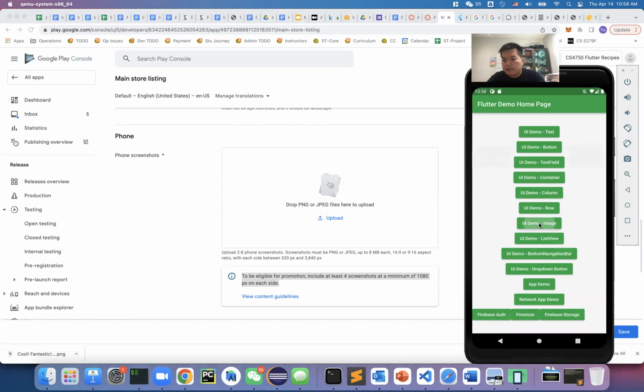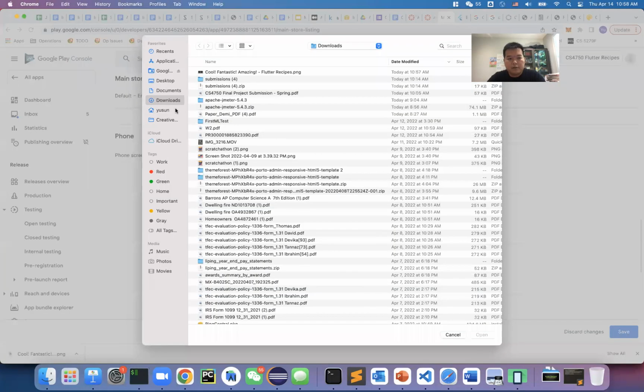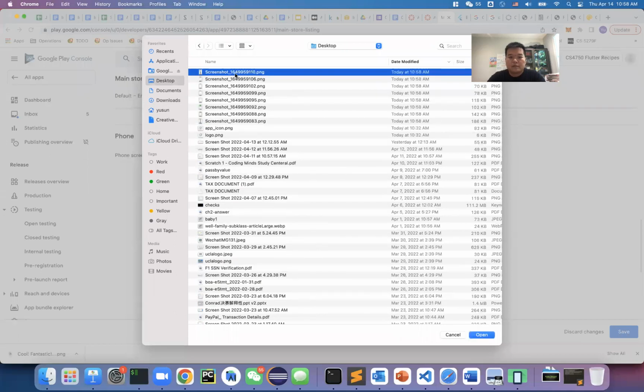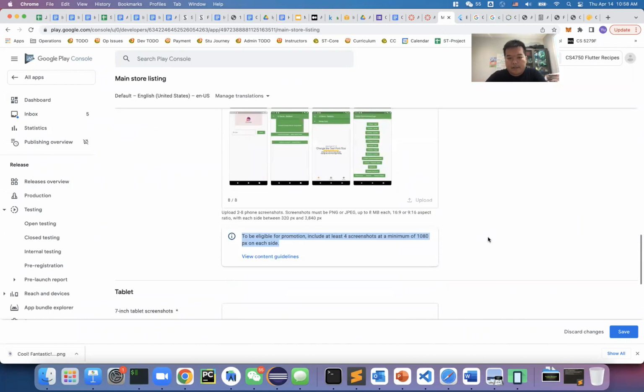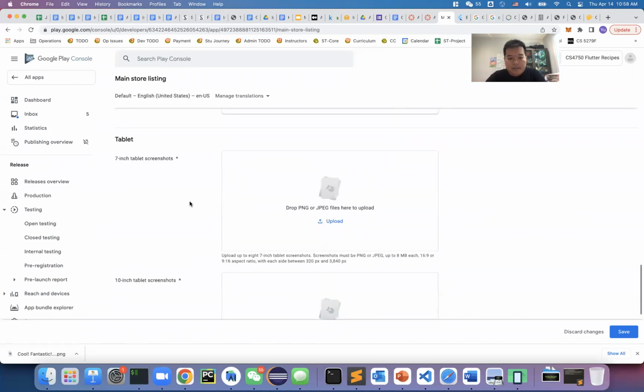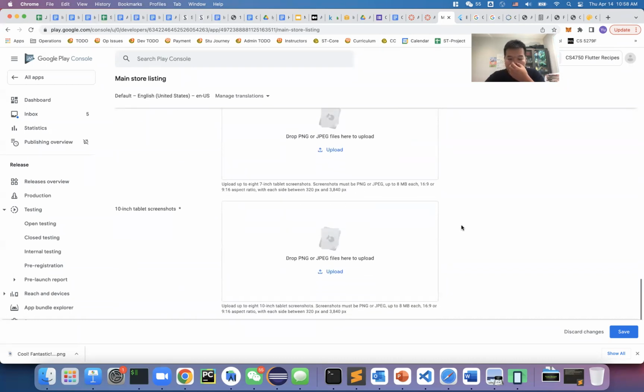Images. Okay, so I'll upload all of those. All right, so we're good. Now this is very annoying. They want you to do the tablet. I don't know when they started to add this one, and